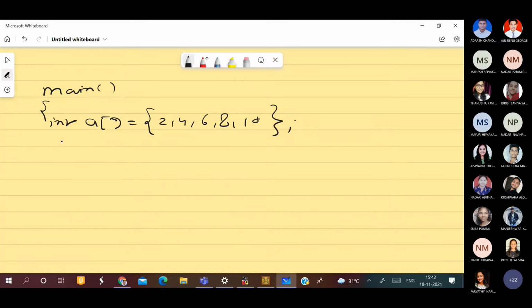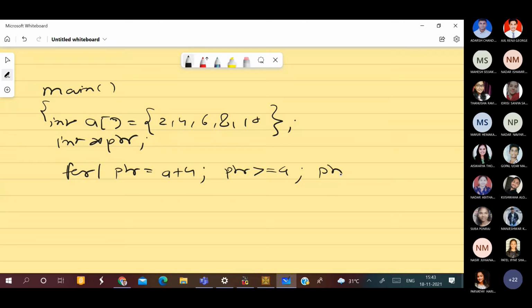And then I'm having one integer pointer, very simple, star ptr, and then for ptr is equal to a plus 4, ptr is greater or equal to a, ptr minus minus, and what I'm printing here is printf %d, star ptr. Can anybody tell me what is the output of this?